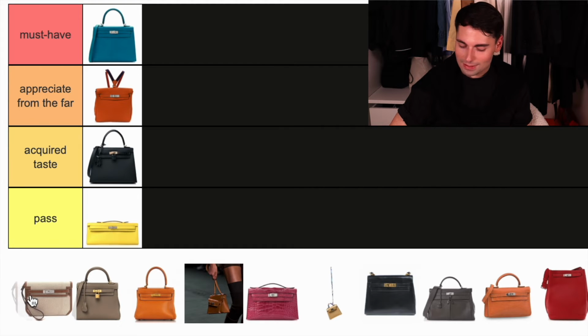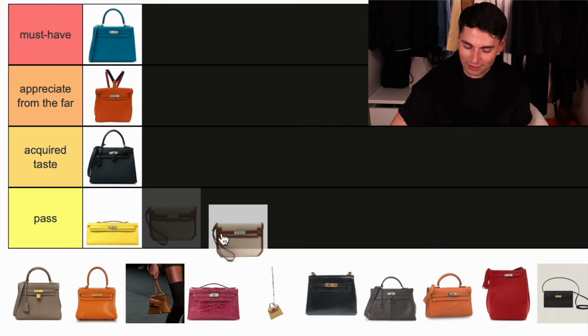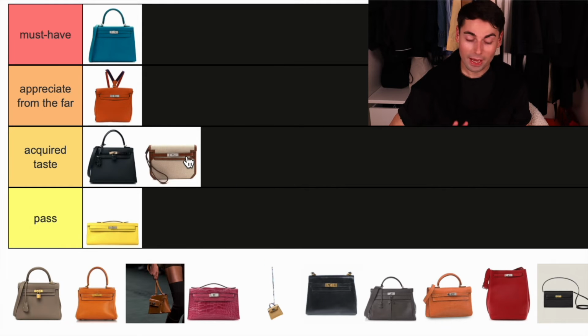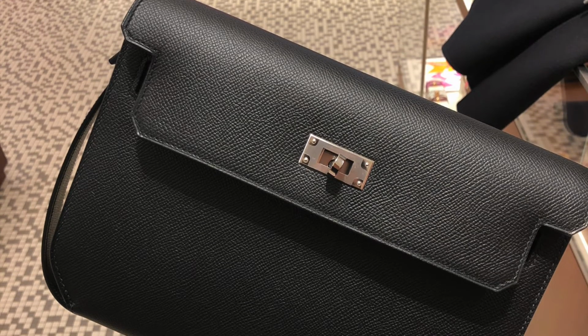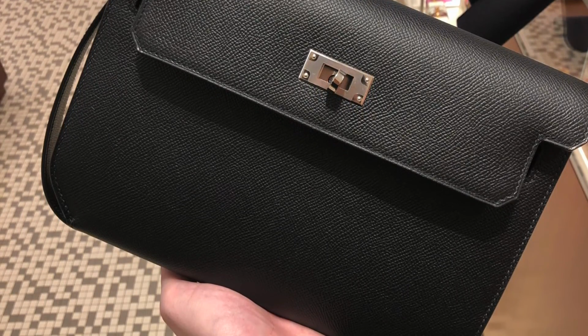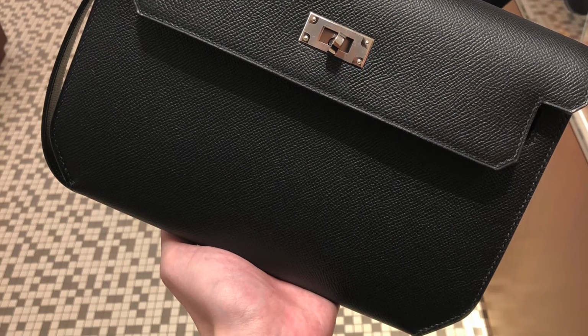No, I don't dislike this as much as I dislike the Kelly cut, so maybe I'm going to say acquired taste. Here we have the Kelly Depeche 25, the clutch bag version of the Kelly Depeche bags, which I think launched in 2018, 2019. It's a bag that I was offered once or twice, but I turned them down because it's just not a